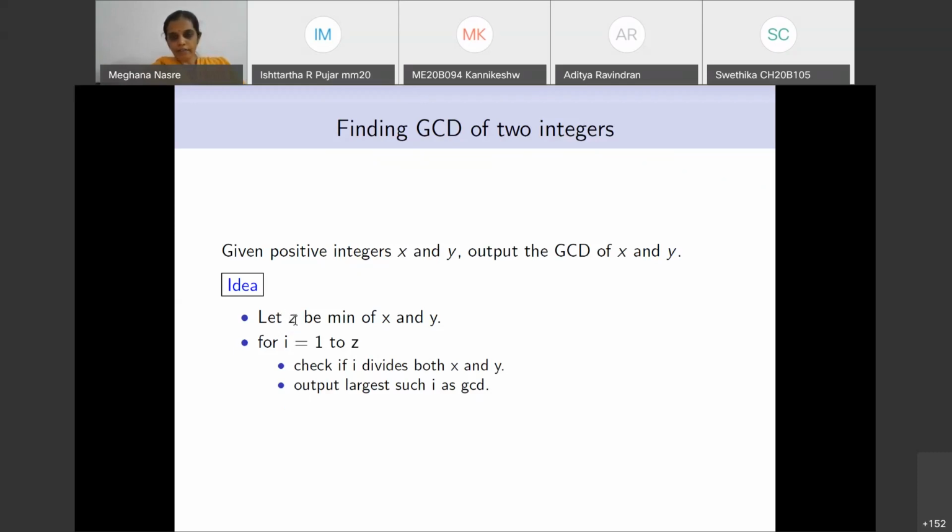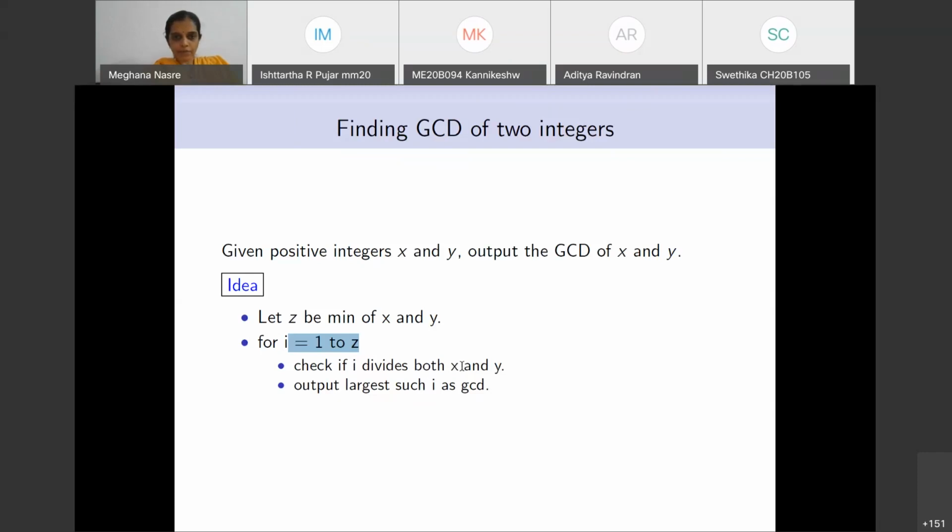Let's call it z. One of x and y is z, and if they are the same, then they are equal. And then we simply go from 1 to z and check if i, whatever is this value of i, divides both x and y.